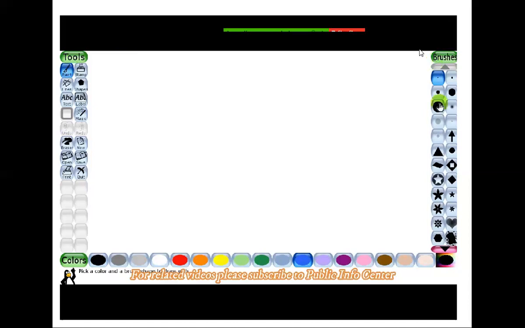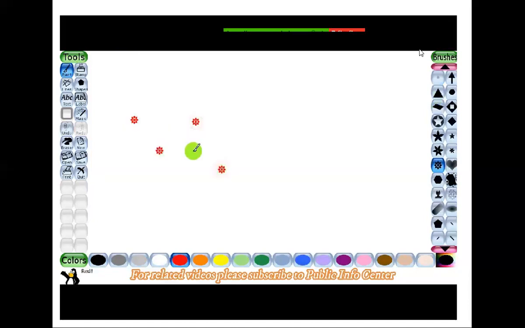You see on the right side, so many brushes appear. If you select any brush here and then click here, you see your drawing will be in that shape.